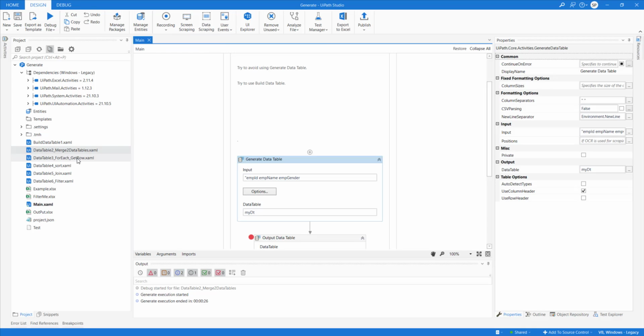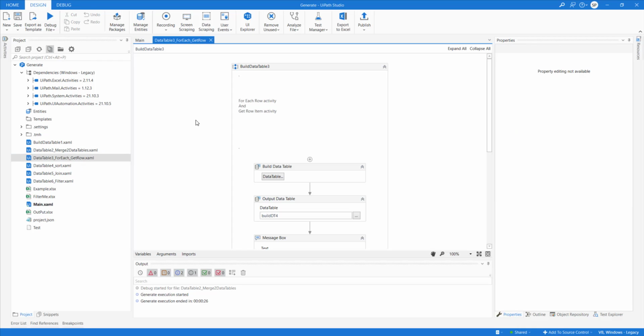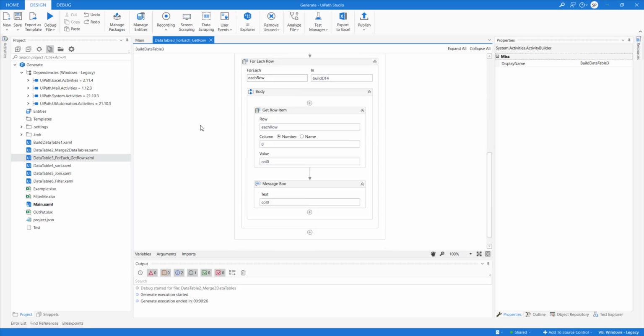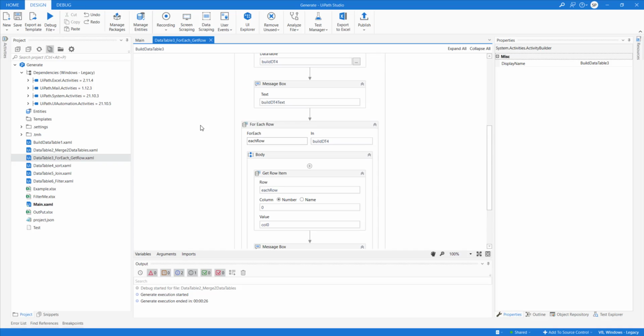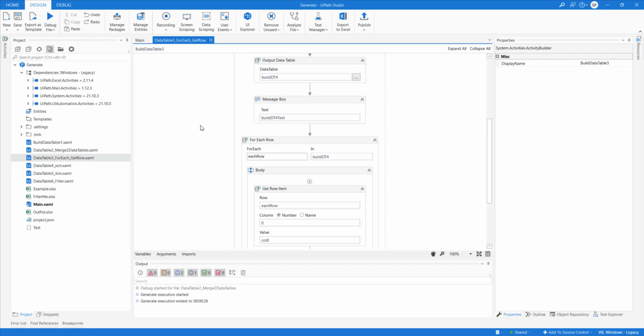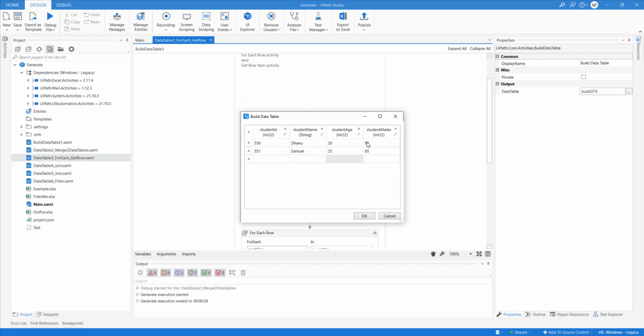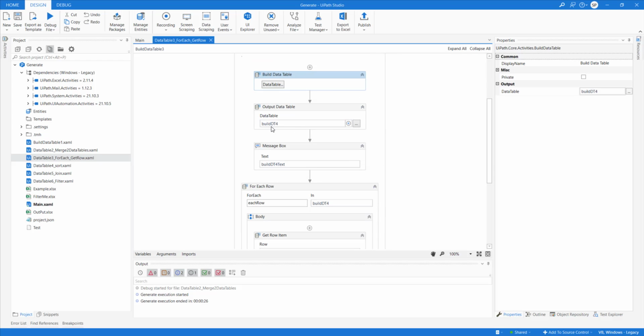All right. So let's move to the third example. I have already showcased this, but I wanted to showcase it once again, the reason being that this is really important: how you read the data column by column using a for loop. We have used the same build data table here, and the output would be stored in build DT4.